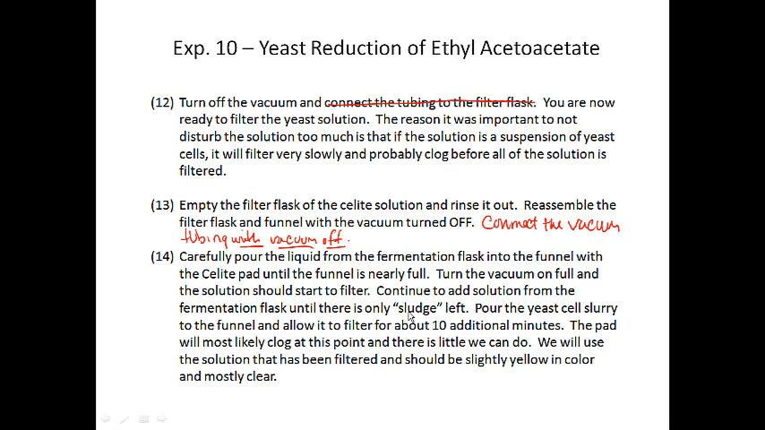So try and decant as much of the liquid off the sludge as possible. And that sludge is a yeast cell slurry. So at some point you're done, you have to put the yeast cell slurry in. But at that point, hopefully you've filtered out 80% of your solution. Once you put that yeast cell slurry into the filter, you're probably going to let it go for about 10 minutes. And at that point, the